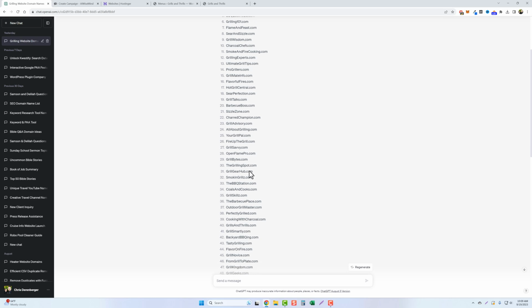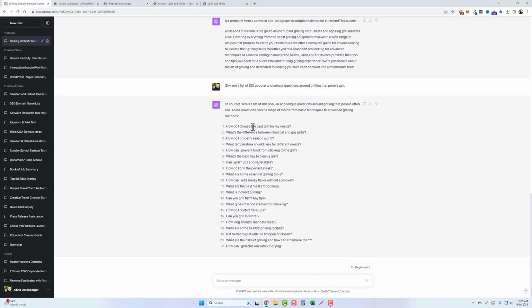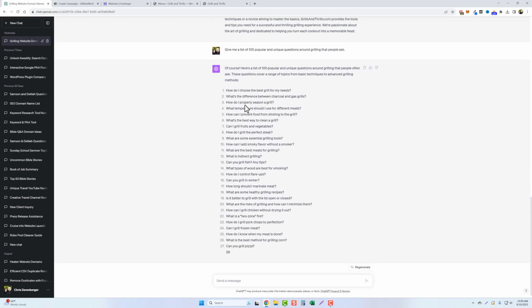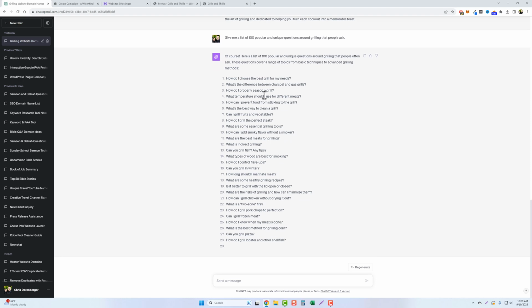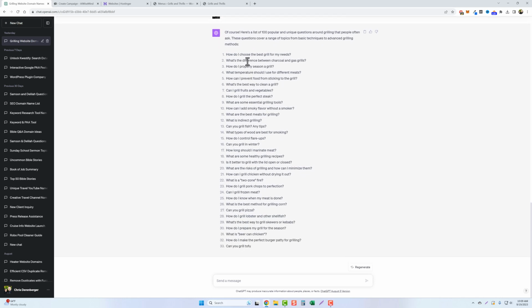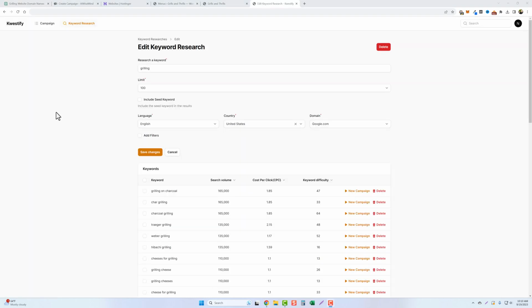And so it already knows a lot about what we want questions on, such as how do I choose the best grill for my needs? What's the difference between charcoal and gas grills? How do I properly season a grill? These are all really good questions. So I'm going to go ahead and let this finish up, and then I'll show you what we're going to do with these questions. Actually, while it's finishing up, I'm going to show you a little bit about this new